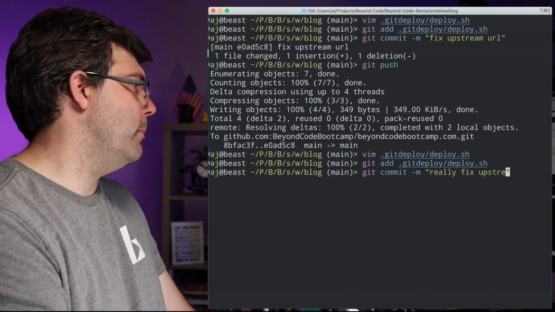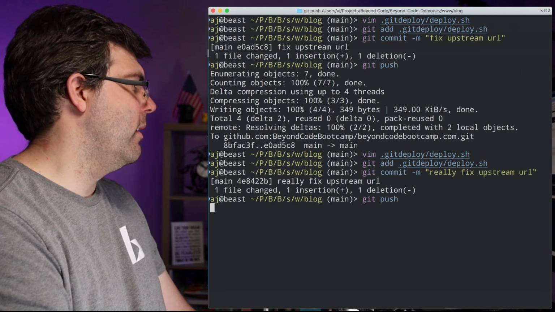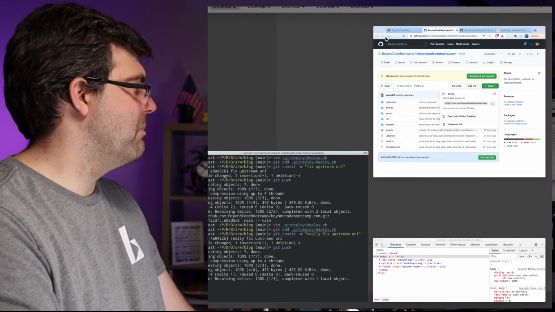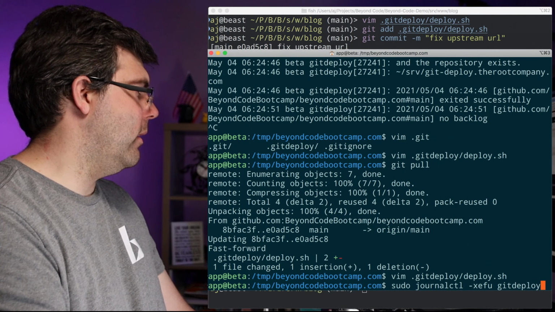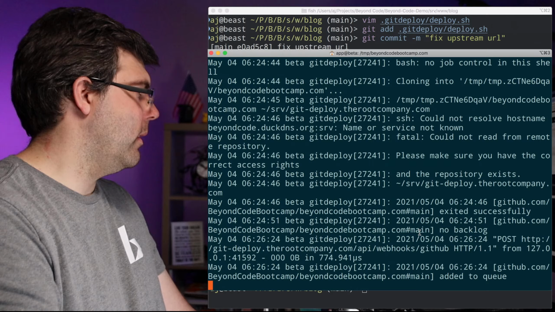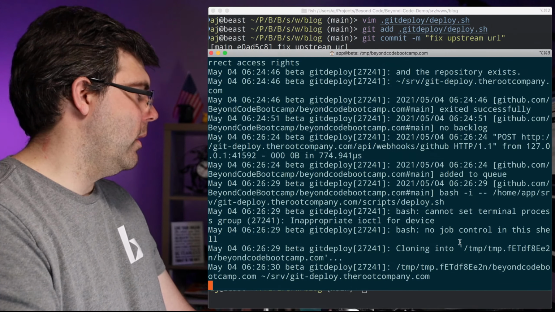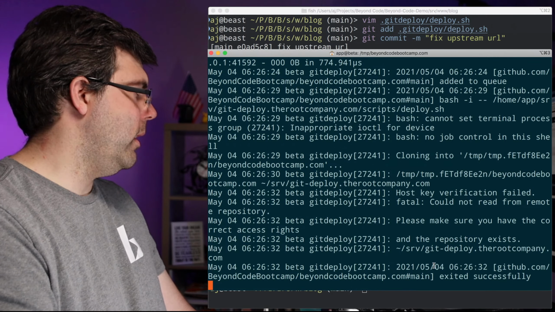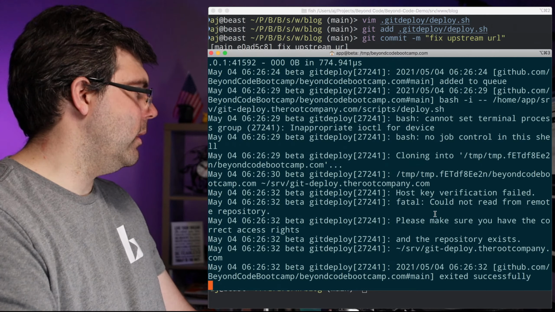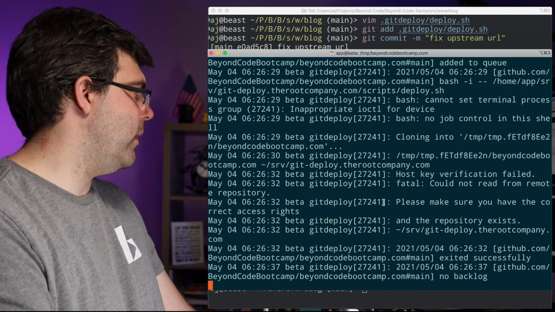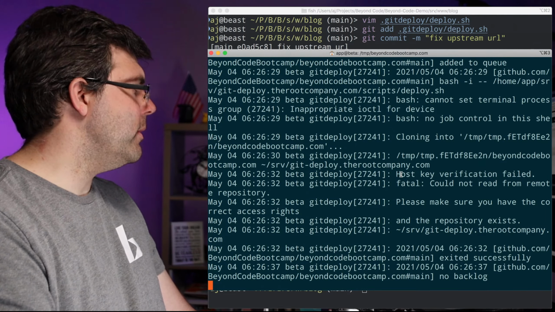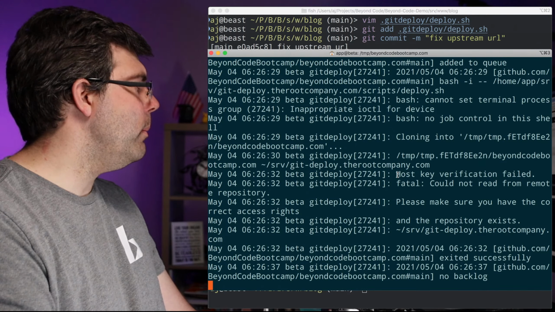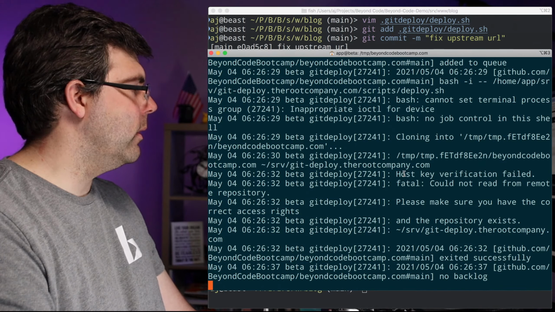Really fix upstream URL. Excellent commit message. And then let's go over and look at the log output again. Okay, cloning, running the script, exited successfully, host key verification failed. That one I'm a little bit confused about. I understand what that is. I'm a little bit confused about it because